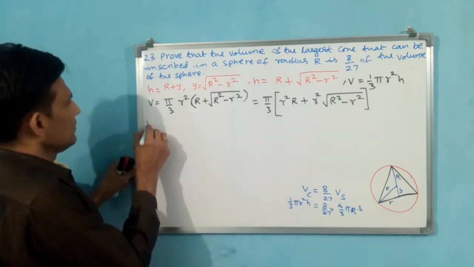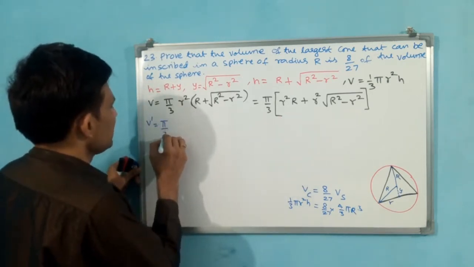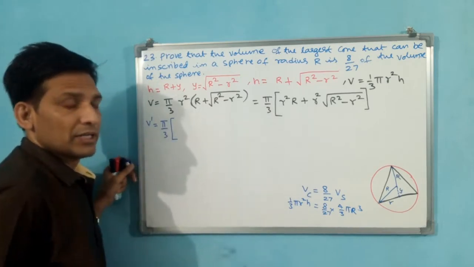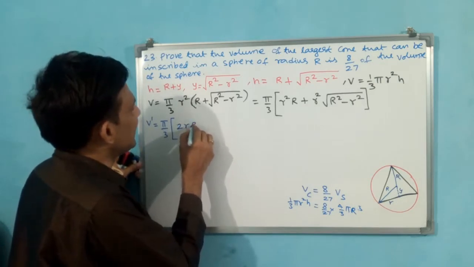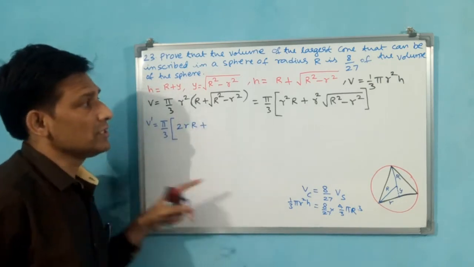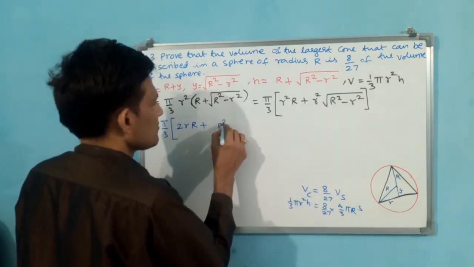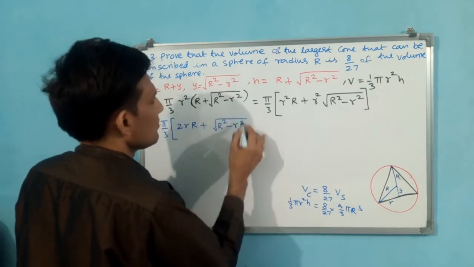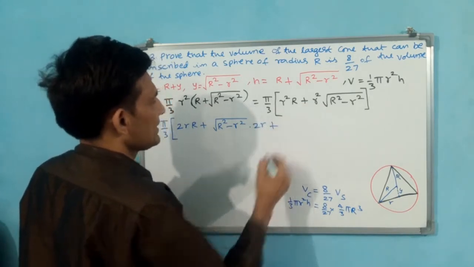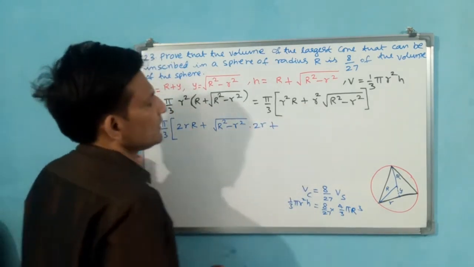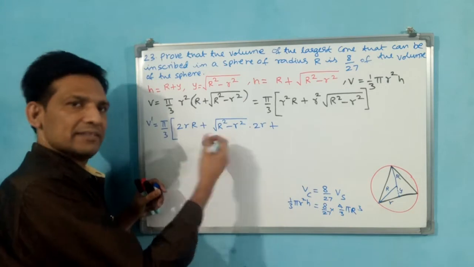V dash, first derivation. Pi by 3 common you have to take like this only, but you see inside what will happen. See, this is going to become 2r, 2r into r plus, now you see here u into v. D by dr of r square, that means 2r plus, because u into v means plus only will come. You see here all plus, that is why you need not put any bracket, directly you can write.